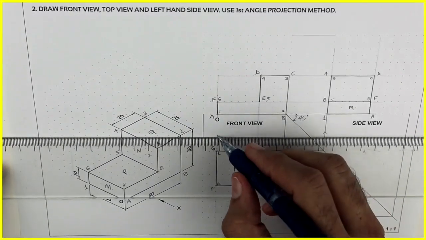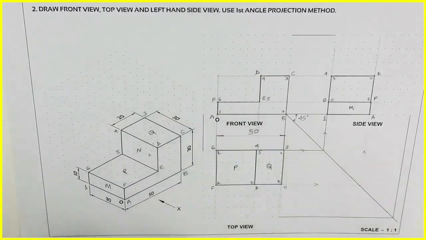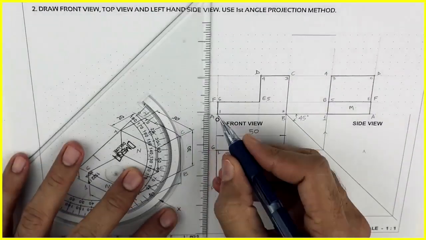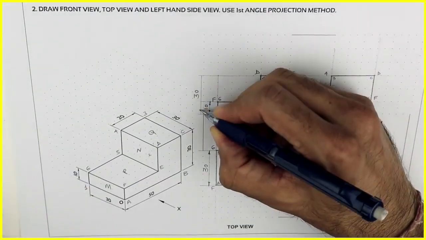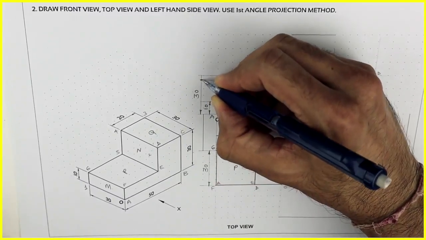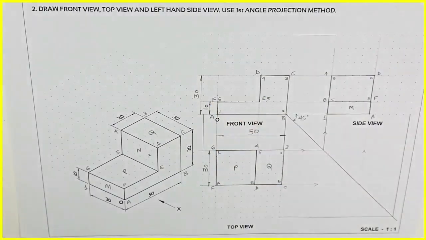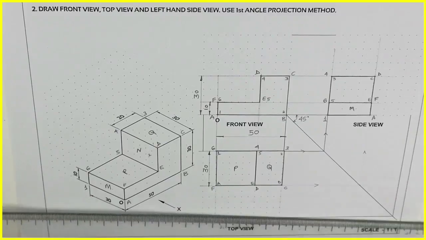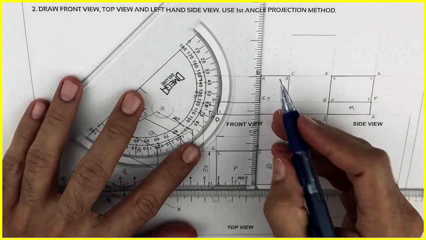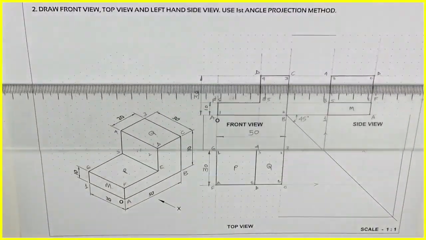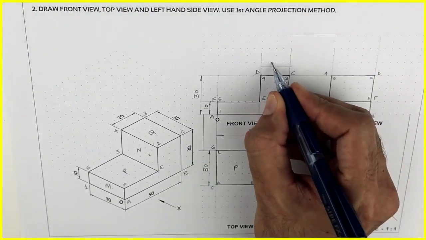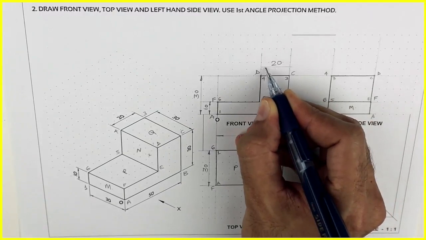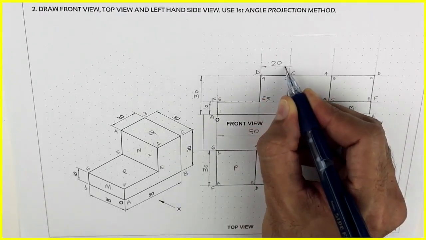Now we will do dimensioning. Now remember one thing, the smaller dimension will come inside and the bigger one will come outside. So that's why I've written 10 and 30 that way. So this is very useful for engineering students as well as anyone who is doing a technical drawing related subject.